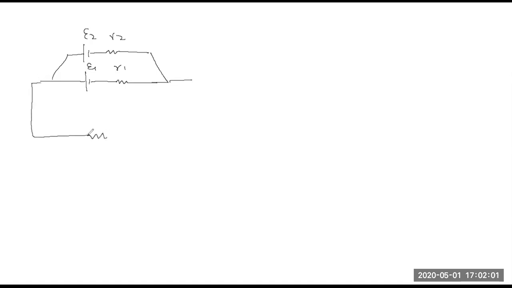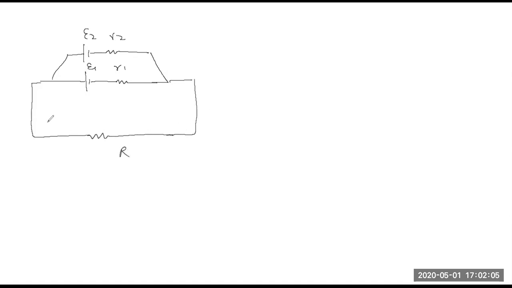Let's say for that purpose, we'll take up an example of parallel cells, right? Or you have cells, a lot of cells arranged in parallel. So let's take up a circuit arrangement. You have EMF E1, R1, and you have, let's say, an EMF E2, R2, right? I'll just take up 2 and then I'll generalize it. And it's connected to, let's say, some resistance R.